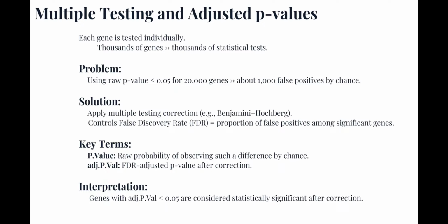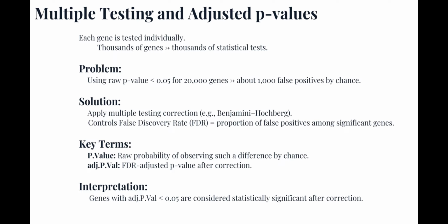So in simple terms, the p-value tells the significance for one gene. The adjusted p-value, the false discovery rate, is the significance corrected for thousands of genes, reducing the false positive rate. And that's why in practice we filter genes using an adjusted p-value threshold of 0.05 instead of just a p-value of 0.05, which represents the